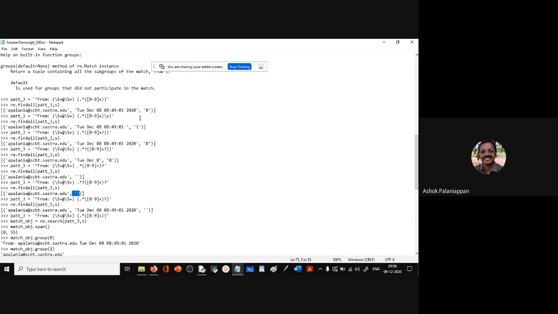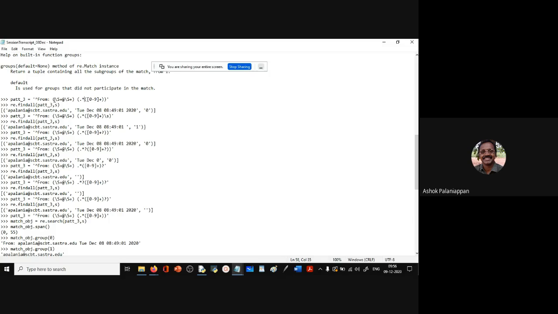Now this 0 here is basically matching. You have an inner parenthesis here, correct? Let's just talk about this particular 0 and see what is happening. It is trying to return what is matched here.